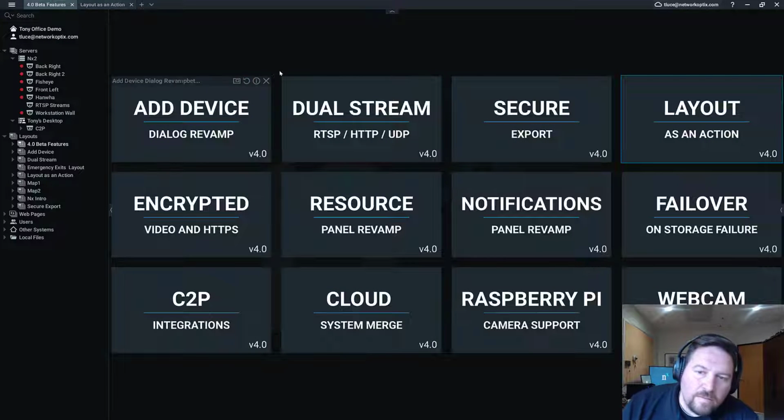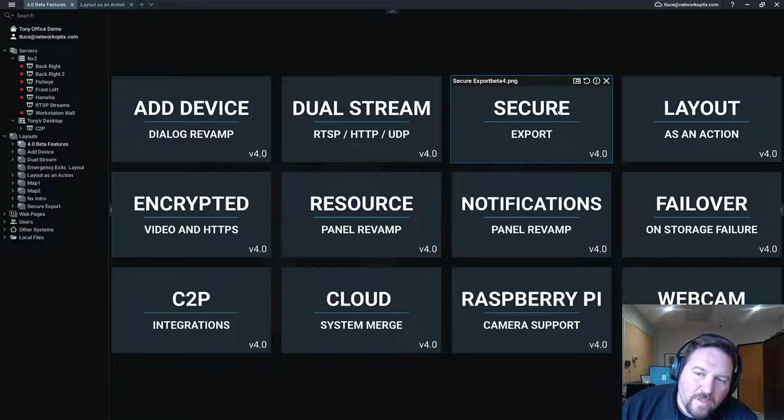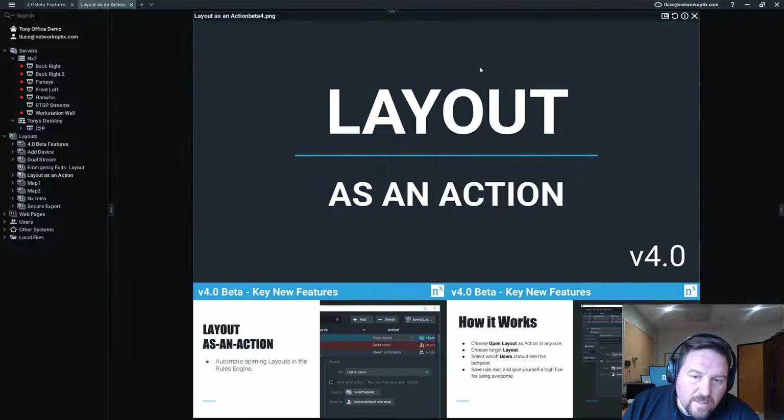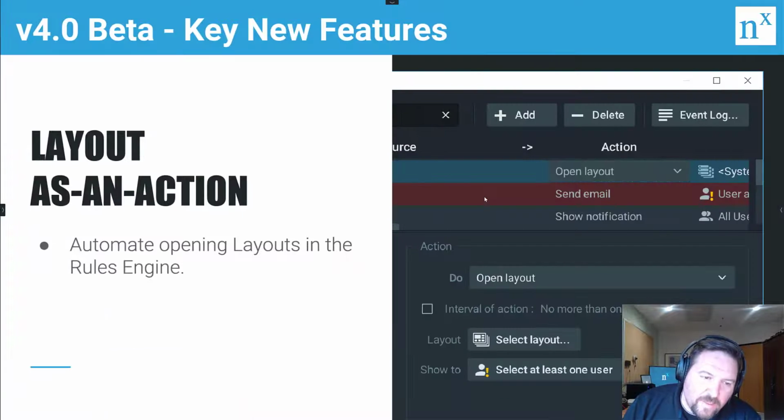Moving right along. So we've done add device, dual stream, secure export, and now we're on to layout as an action. So layout as an action, pretty simple, pretty useful, can do really cool stuff with it, right? Layout as an action is exactly what it sounds like. It's the ability to automate the opening of layouts in the events and rules engine